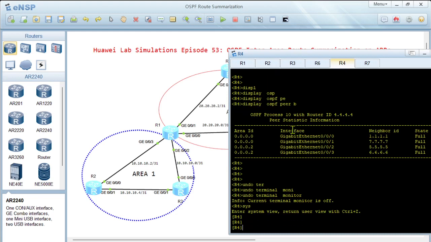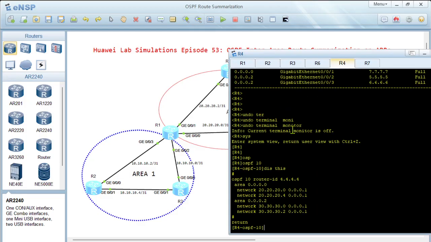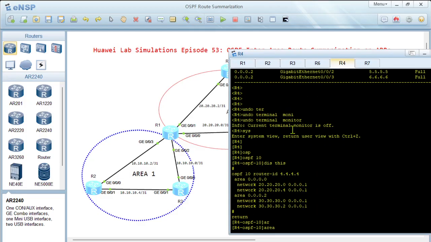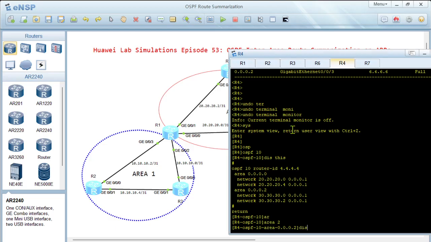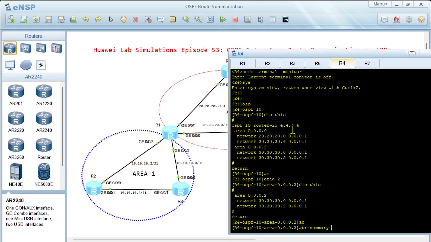So I'll go into the OSPF configuration, OSPF 10, and display this to show you the configuration that we have. I need to be in area 2. If I display this, this is what we have. So I need to do ABR summary. And then I specify the prefix,